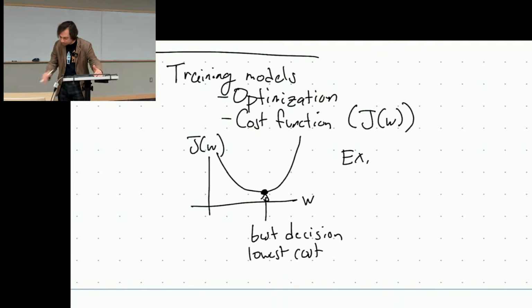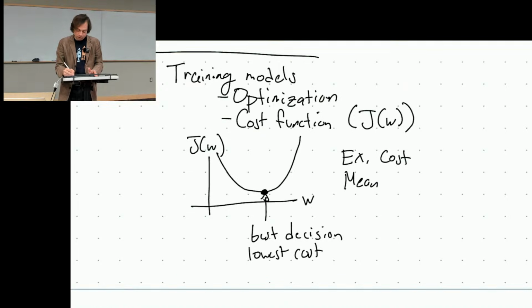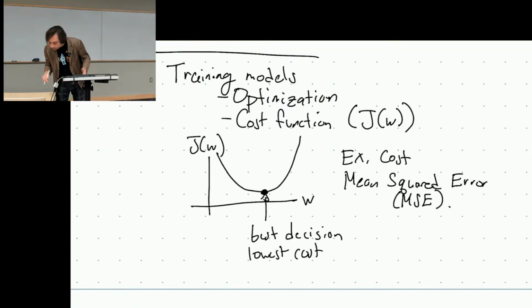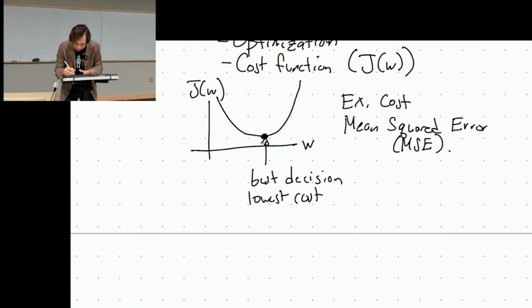So a typical cost might be fitting the data by minimizing the difference between your predicted data, your prediction of the data, and the data itself. I talked about a least squared error. A more typical way of talking about it is something called a mean squared error, or MSE. This is great for a number of reasons. The idea is that your MSE,